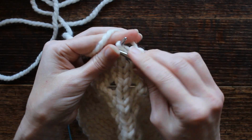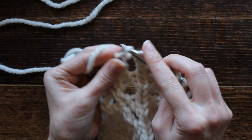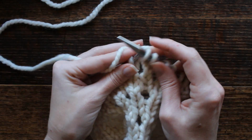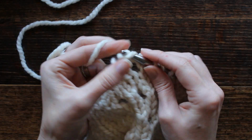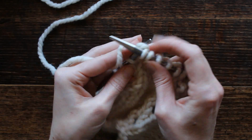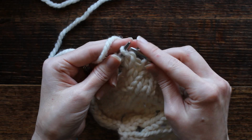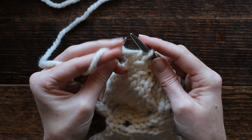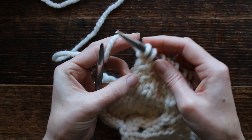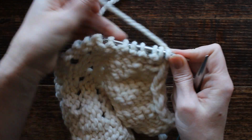So the first 2 stitches and last 2 stitches are not part of the repeat. Just all of the stitches in between are. And this is just one repeat, this swatch. I just wanted to give you an idea of how it all comes together. So now we're down to our last 2 stitches. So with our yarn in the back, we're going to slip one purlwise, bring the yarn forward, and purl this last stitch. And you'll see in this, when we flip it to the wrong side,